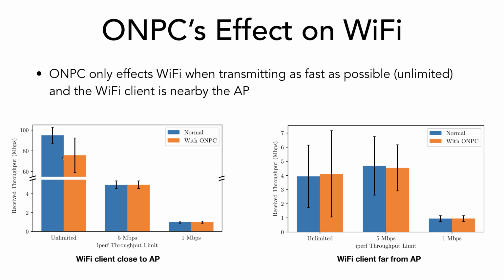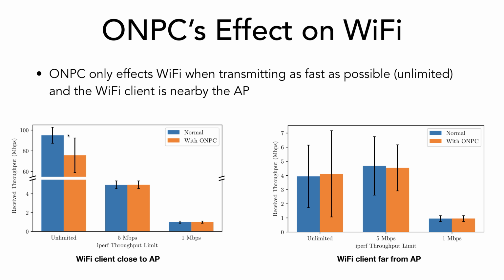but I would argue that's not a really realistic case, because not very often are you sending unlimited data for a long period of time, right? If you're streaming Netflix, like we talked about before, it tends to be bursty, right? So you buffer all this data, and then maybe you run out of your buffer, so you pull more data and you buffer it again, and so it tends to be a burst. Whereas this is unlimited data for, I think, a minute or 5 minutes or something like that, where I'm running it. And so if you're running for unlimited, sending as fast as possible, then of course ONPC is going to interfere with you because it's going to transmit.